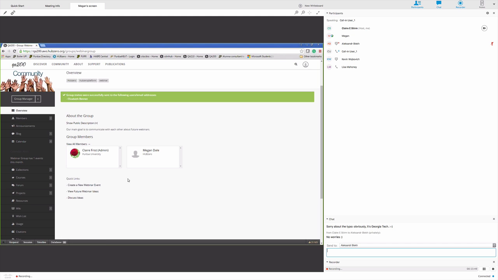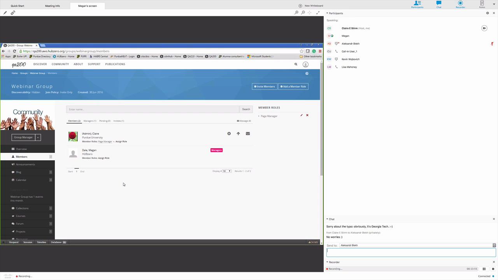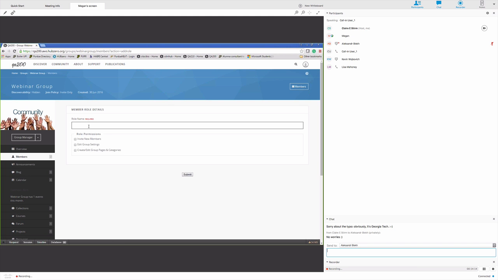One thing I want to add is I added Claire earlier, so I want to go to my members page, and one thing that you can do as the manager of the group is assign roles to certain team members. So you can see here, I'm a manager, but I am going to set up a role for Claire, and I've already done this, but I'll just make up another one. So I think the role that I assigned her was page manager. So let's say Claire's going to be my page manager, but once Elizabeth comes on board, I'm going to have her,